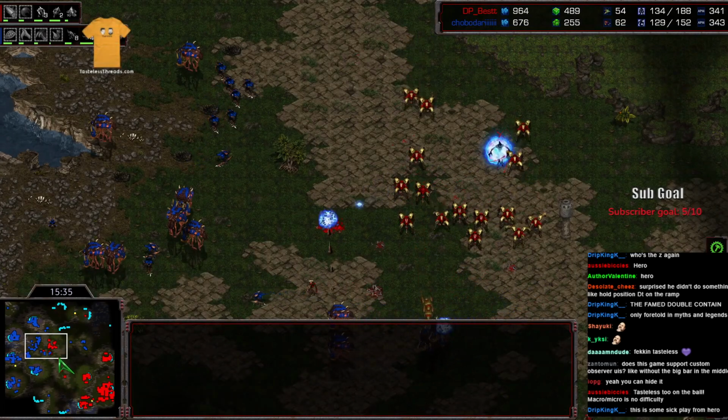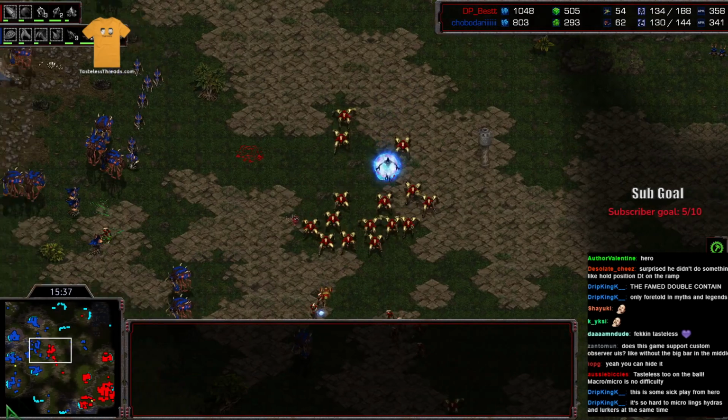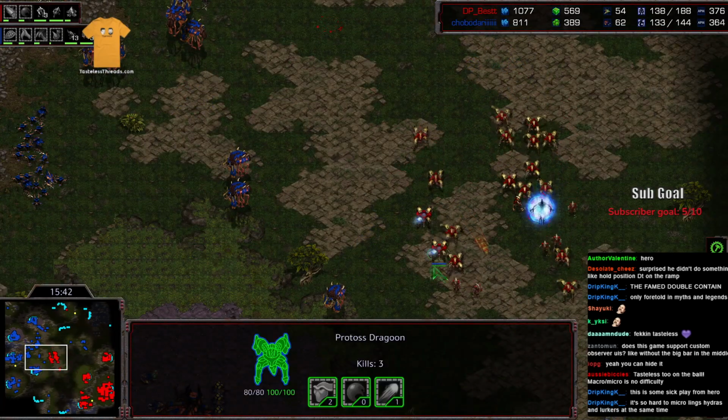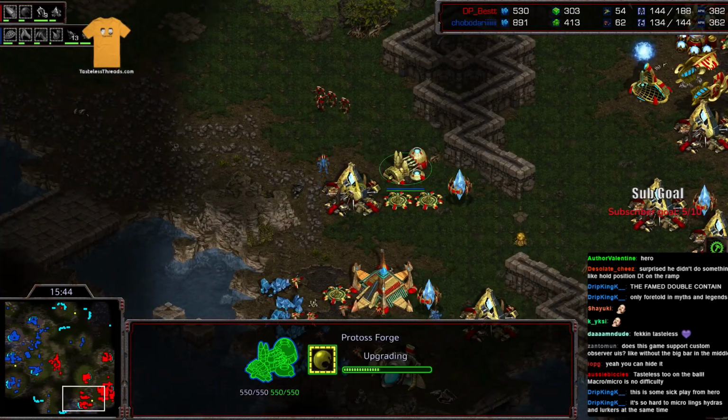Okay, I stand corrected, actually. It looks like he does manage to not get fully surrounded. And so the roaming Protoss is going to be okay. You know, in games like this, a lot of times it does come down to whether or not...